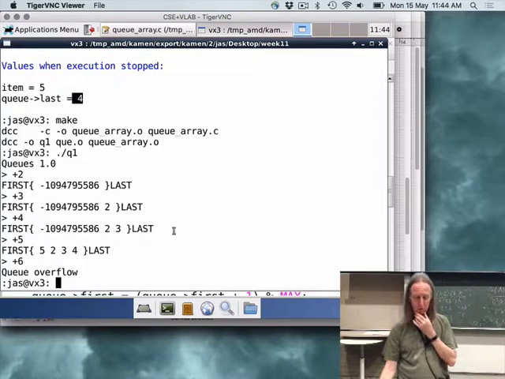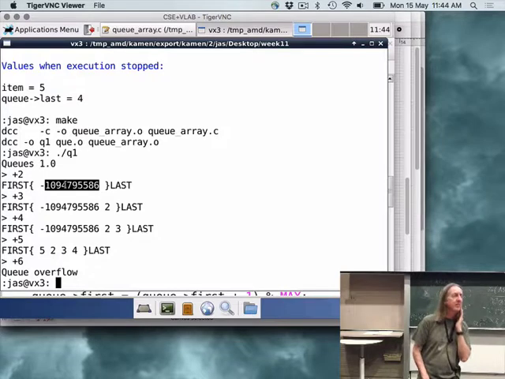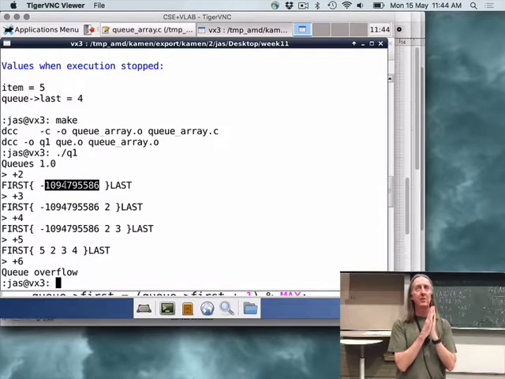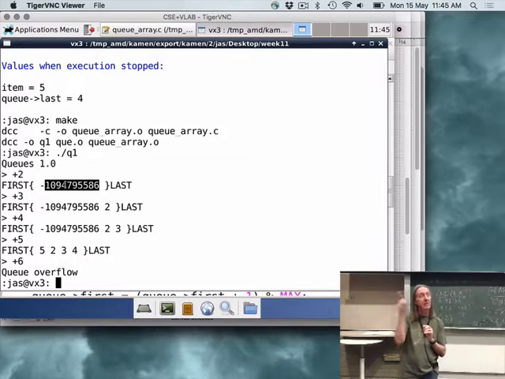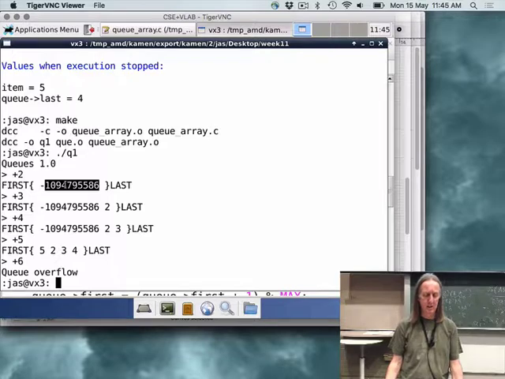Alright, so the only issue is this thing here, which if you go and look at the show function, the thing that's displaying the Q, it starts from position first and goes through n times, where n is the size of the Q, and if it needs to wrap around, it'll wrap around. So clearly that first value is not correct.